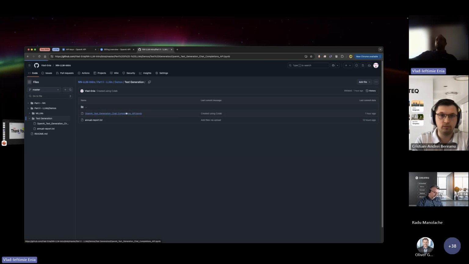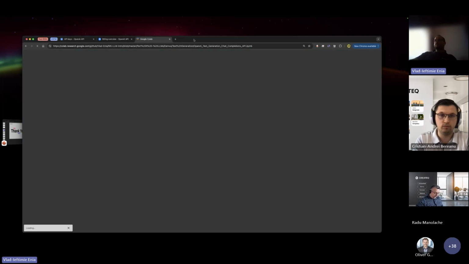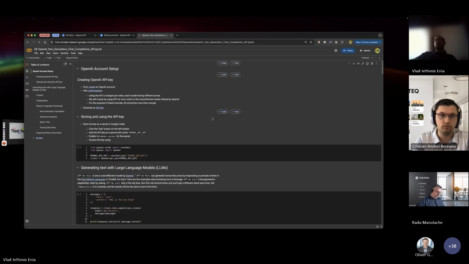After accessing the repo, you can access the notebook, Jupyter Notebook, just like last time here, and you can open it in Google Colab by clicking this link here. You just have to copy to Drive because this is my notebook. You make your own copy so that you can play around with it.